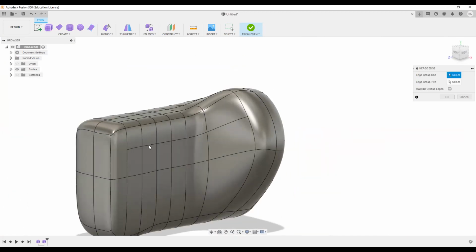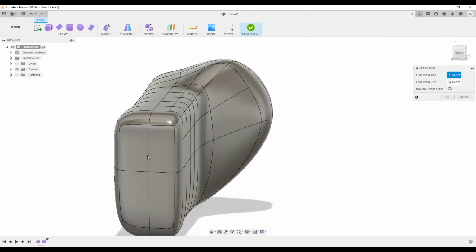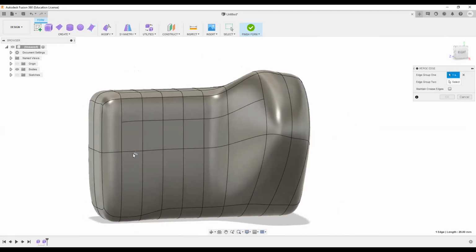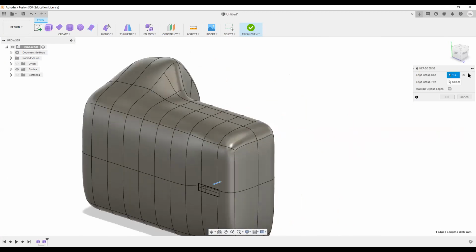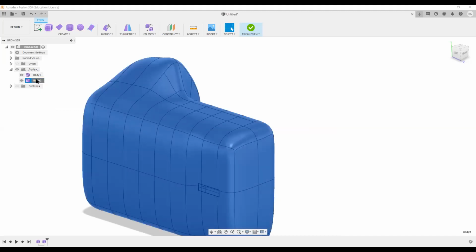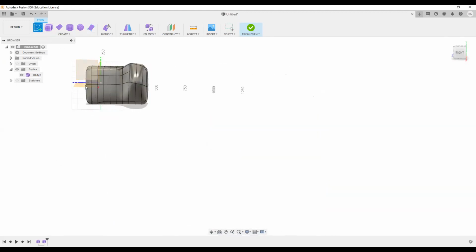I'll show this merge edge tool in another body.